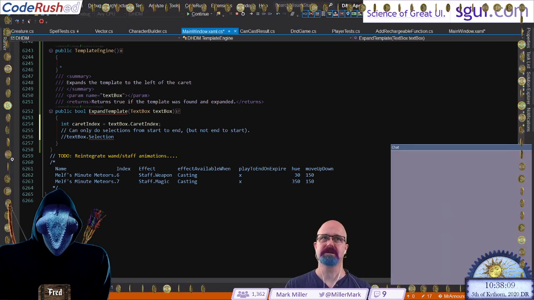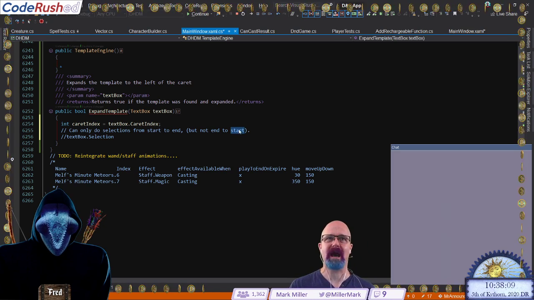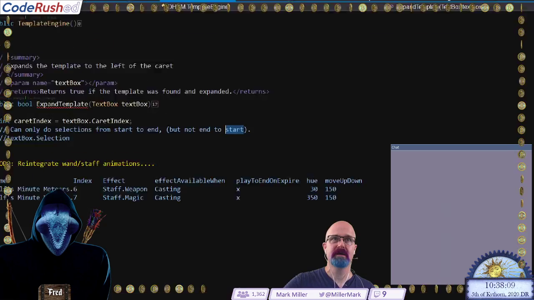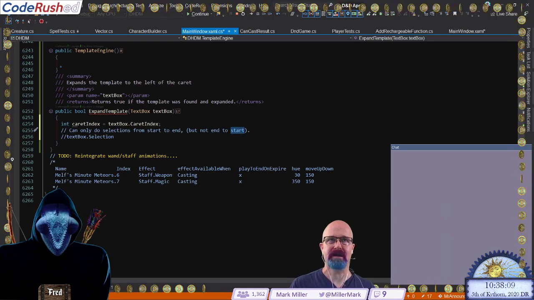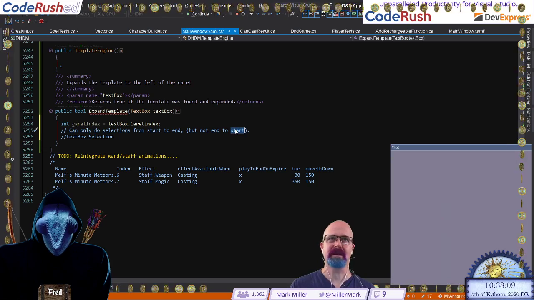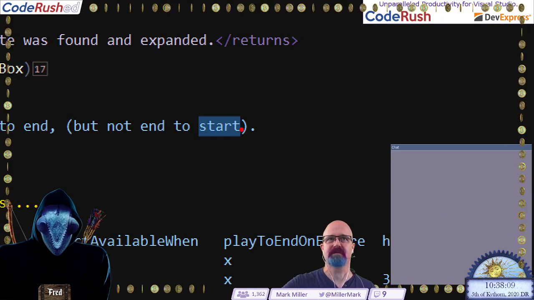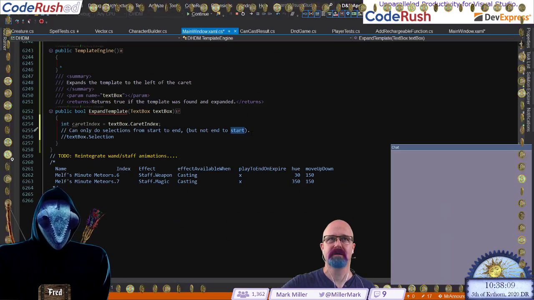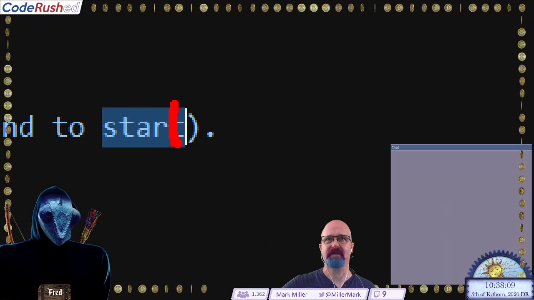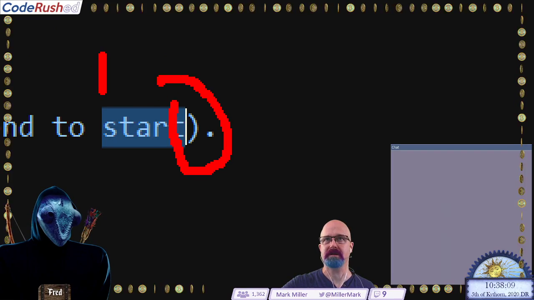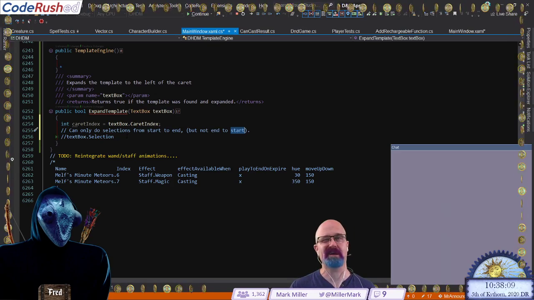In other words, as a programmer, I won't be able to detect that the anchor's on the right and the caret's on the left. But if I select this, it'll come back and say, what you really got is this. Why does that matter? Hold on, let's get it right there. There we go. So now I've got the caret on the right and the anchor is over here on the left. So it looks like, unless it supports a negative length, which I doubt it does,